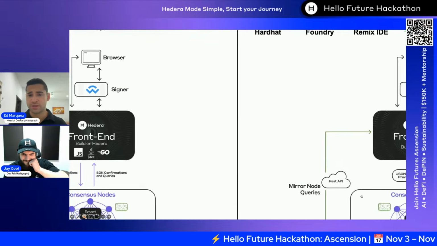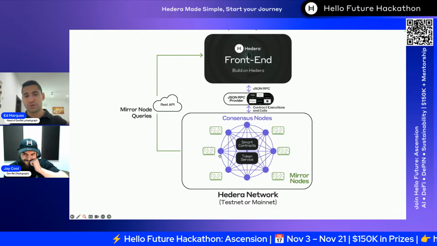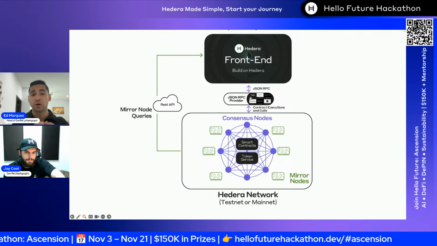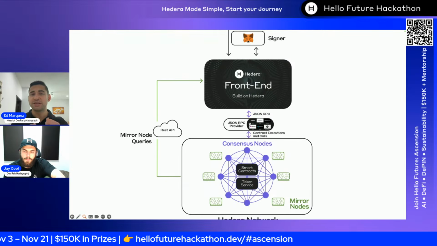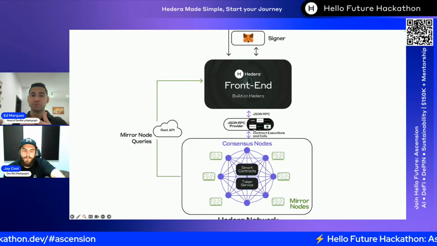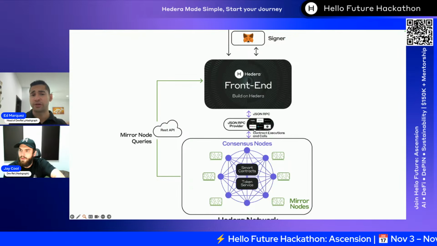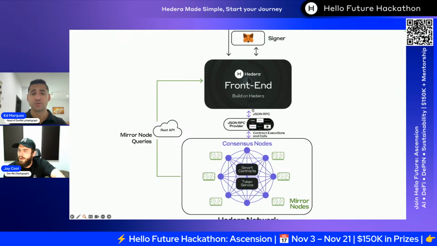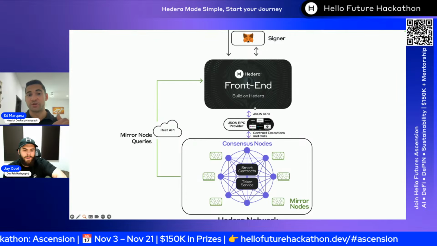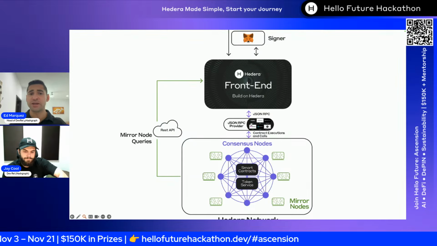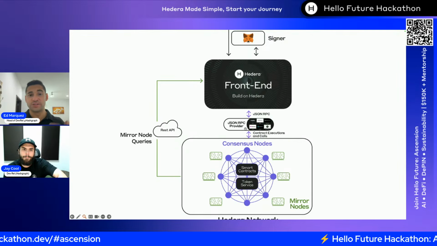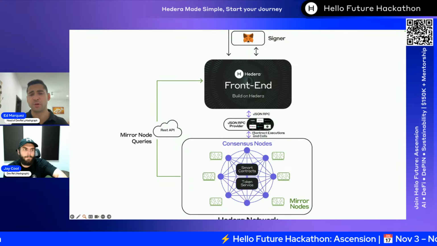And so looking at the stack here, you still have the same foundation of the Hedera network with the consensus nodes and the mirror nodes, but you have a JSON RPC relay that basically performs the translation of your requests into requests or contract executions for the consensus node or queries for the mirror node. So that really simplifies the path that you take here. And so you use those libraries, you submit your queries as you would on Ethereum or any other EVM chain, and the JSON RPC relay does the translation so that it simplifies life for you as an EVM developer on